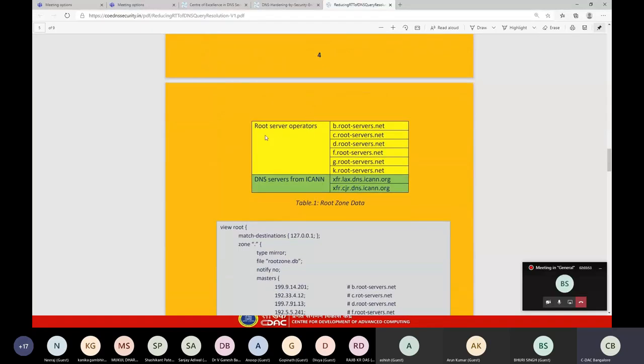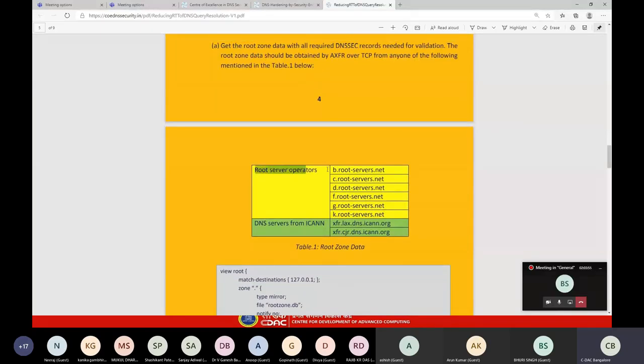Okay, right. So these are the root instances from which any recursive resolver can fetch the root database. B instance is there, C instance, D, F, G, and K are the root instances, and these two are database instances. These are not root instances. These are database instances hosted by ICANN for sharing the root database, abiding by the rules of the